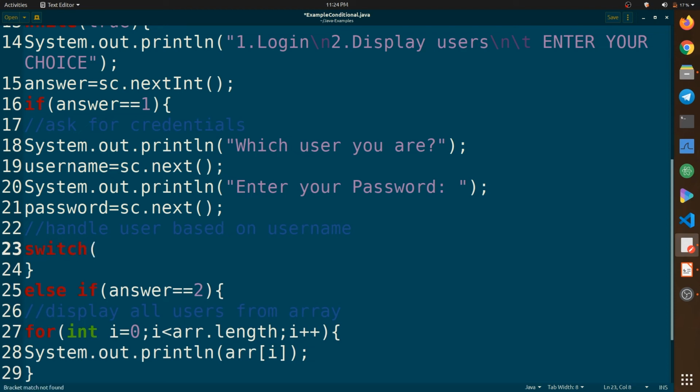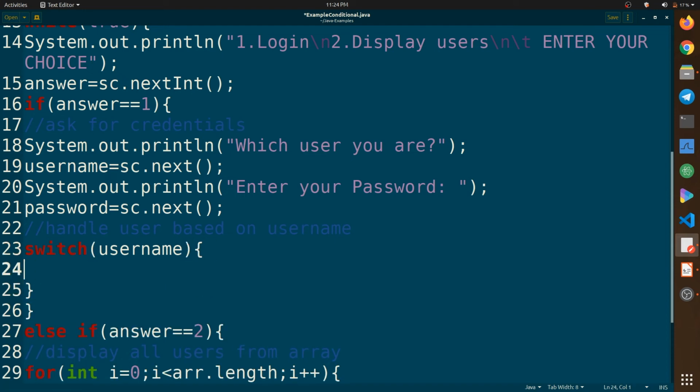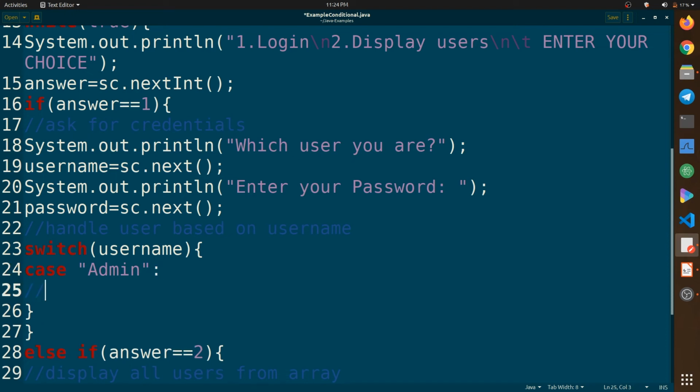Okay, so let's define our switch case for this. So switch username, which means it will look for different cases where we handle the user based on the username. So in our first case, we will handle admin. So case admin, if the user enters admin, we will handle admin.